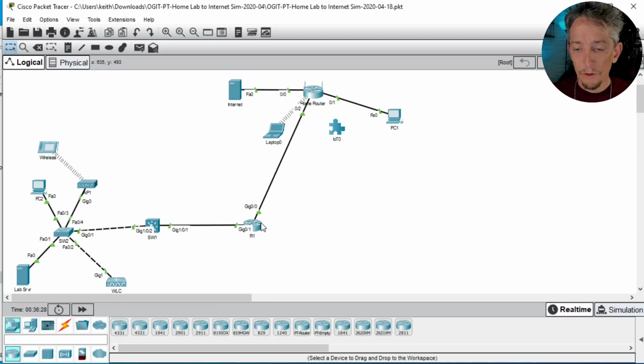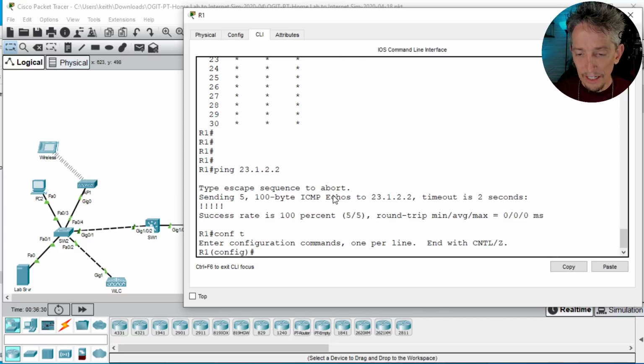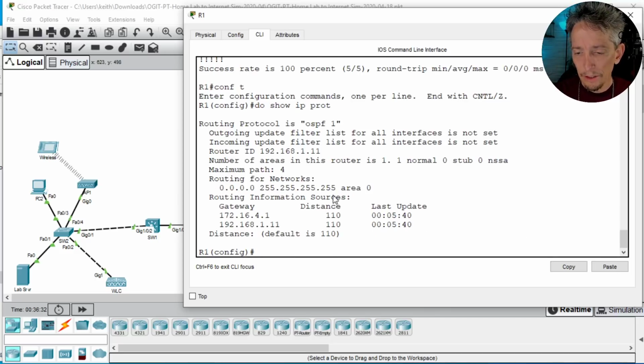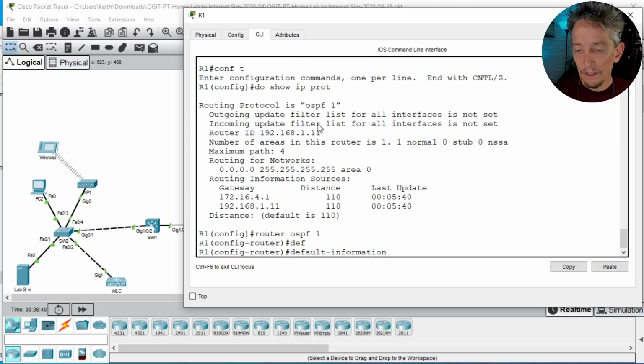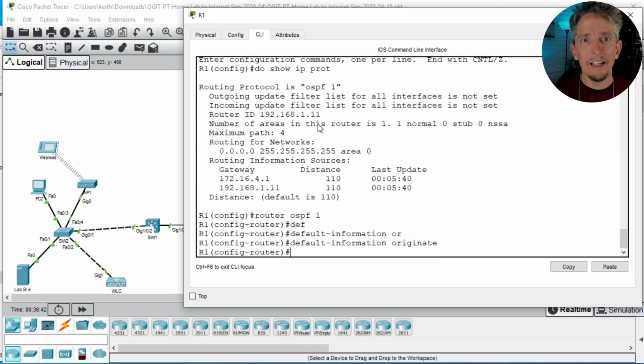And we'll go to router 1 and config t, do show ip protocols. Just want to verify what our process is. Router OSPF 1, and we'll go into that routing process. And we'll do a default-information originate. And then if R1 has a static default route, it will originate that or impose that into OSPF so that every other OSPF router will learn about a default